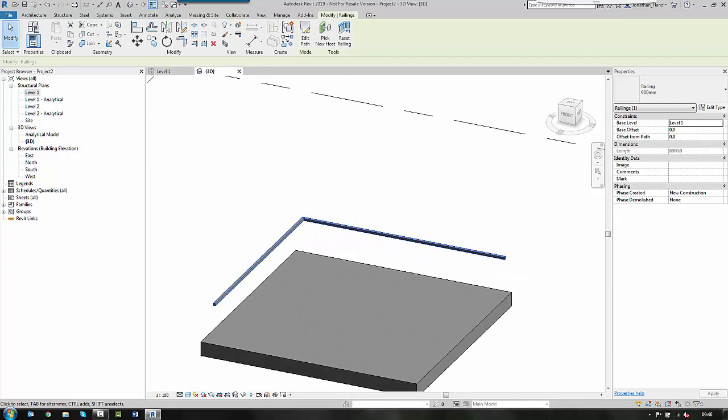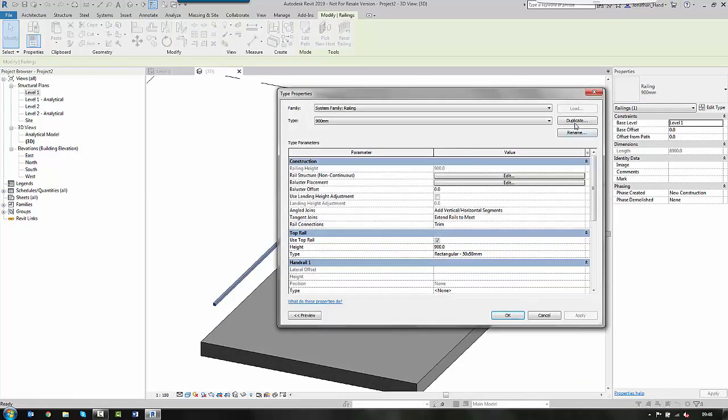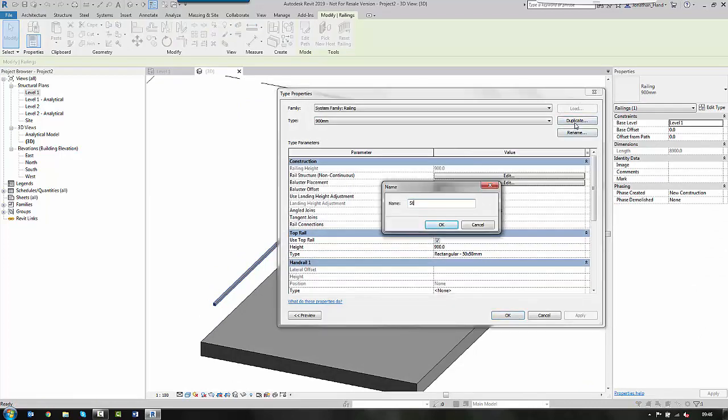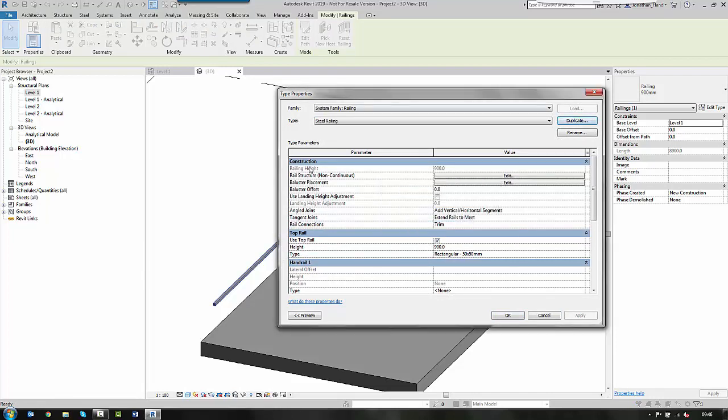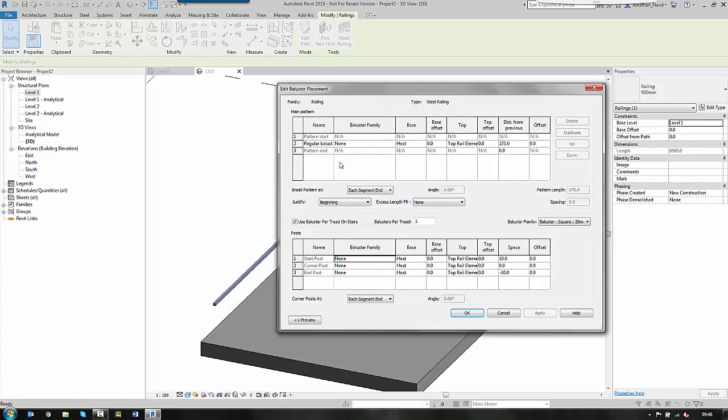So I'm going to click the type, and I'm going to click edit, and I'm going to duplicate it, and I'm going to call it steel railing. And in the construction you can actually choose the baluster placement. So if I click edit, you will see that there is a baluster pattern and the baluster family is set